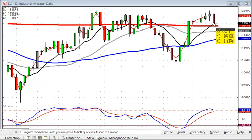The only thing that might tell us we could still possibly be in an uptrend is that the Dow closed right on the T-line, and the NASDAQ closed right on the 50-day moving average. So it'll be very important how they open the markets tomorrow. If they trade positive, that tells us that the T-line and the 50-day moving average were acting as support. If they start opening lower tomorrow, that tells you the support levels aren't there anymore, that they're going to be